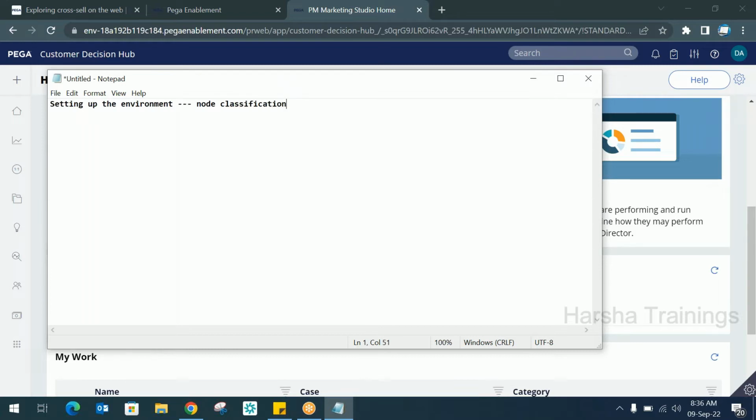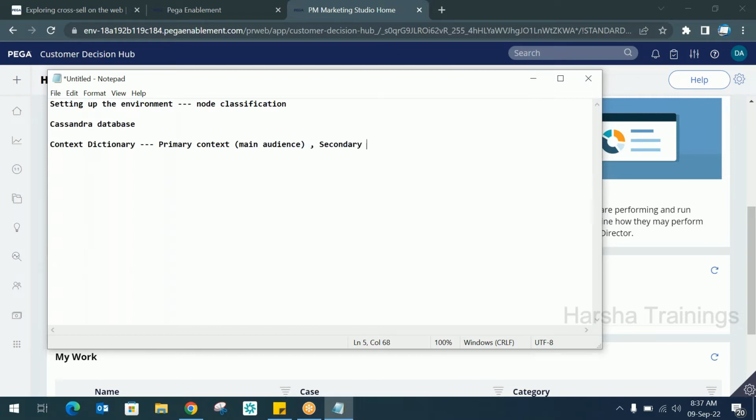After node classification, we saw the Cassandra database and why we need to use it. After that, we saw the context dictionary. As part of the context dictionary, we have the primary context, which means the main audience,